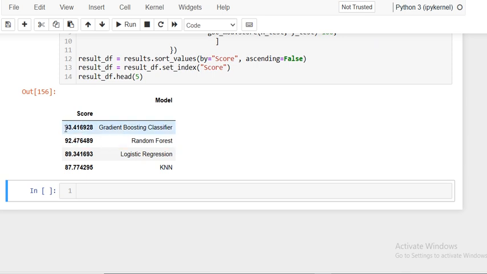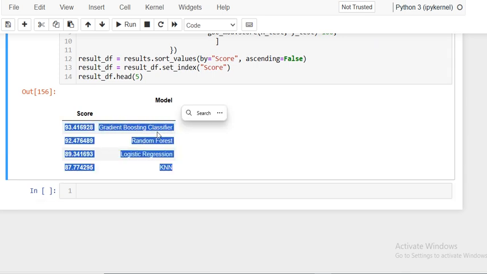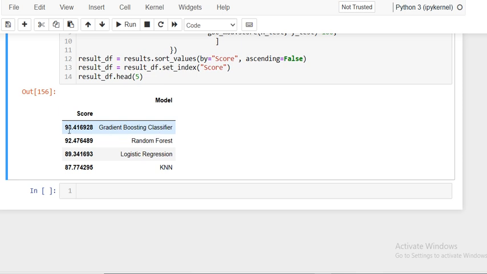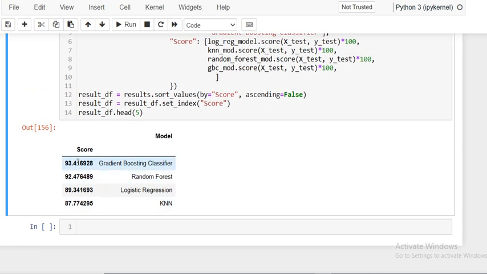So you can see that the gradient boosting classifier is giving the best accuracy out of these four. Random forest is also giving a good 92.47, then logistic regression, and KNN. So KNN is the lowest accuracy model. So for this particular use case, we are selecting the gradient boosting classifier with the best hyperparameters,